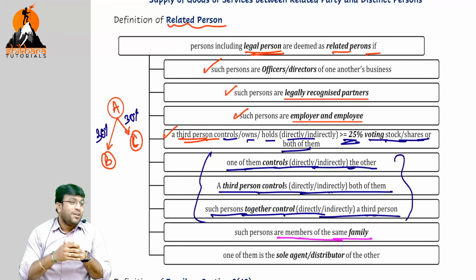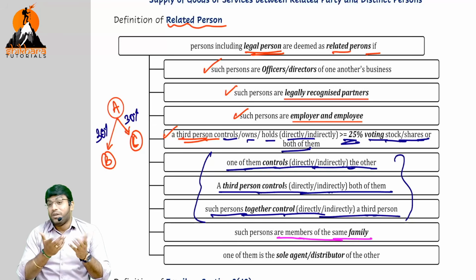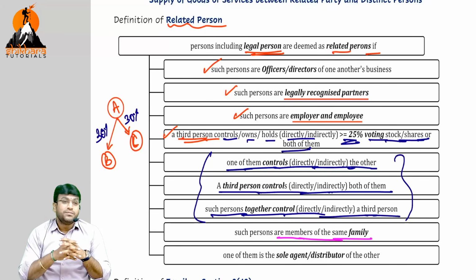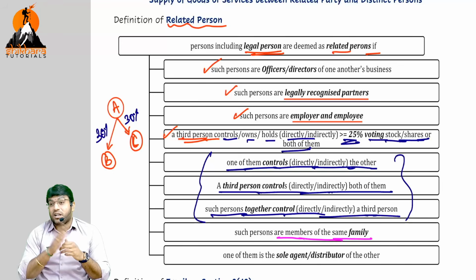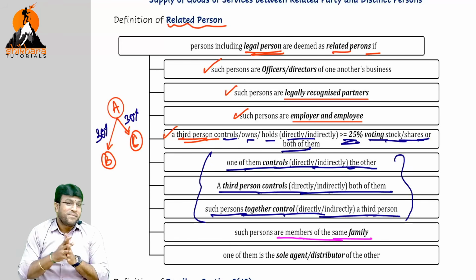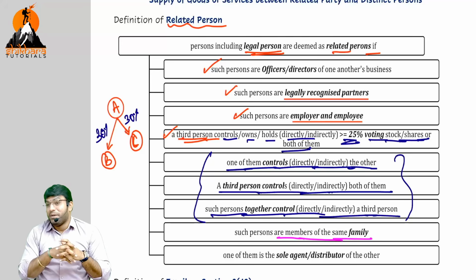A big question, because nowadays this family word has become very dangerous. Who is marrying whom, when he is marrying, we don't know. When divorcing also, we don't know. First one will have 2 children, second one 3 children, third one already has children. We really don't know what is happening outside. So that is where the law is telling, don't worry, we will define what is family. And they clearly told family means, they never told family includes.